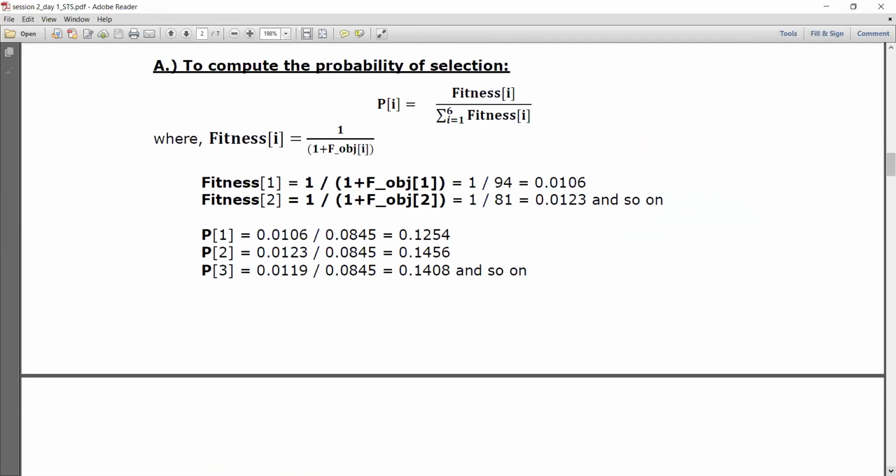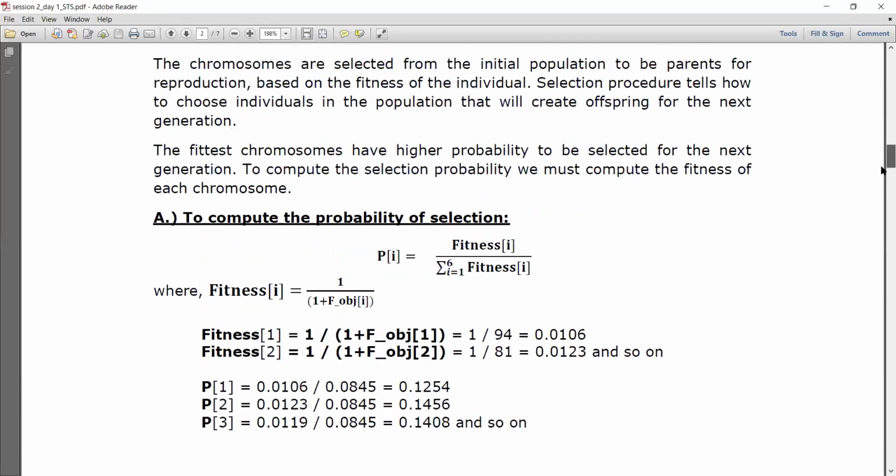What is this fitness? See, I have 6 chromosomes, I have 6 solutions. Which chromosome is weaker, which chromosome is stronger, which chromosome is really fit to be selected as a parent? Not all the chromosomes have the fitness, is it not? Some will have the fitness and some will not. So how are you going to decide that a particular chromosome has got the fitness? Even we can tell what the right solution actually is.